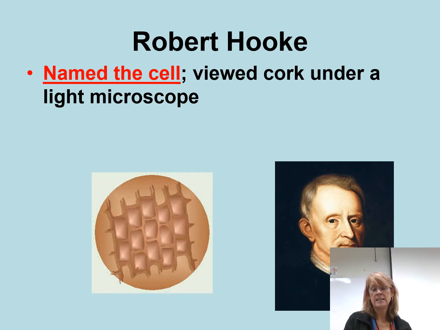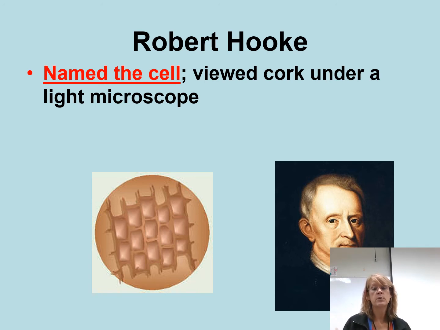Robert Hooke is the gentleman who is credited with naming cells. He was actually looking at different types of materials underneath a very primitive microscope, and he began to notice when he looked at cork, which people used to bottle wine with, that the cork had a very specific pattern to it. And when he looked underneath the microscope, he saw what looked like these little blocks. They look like the rooms of a monastery where he was doing some of his work. And the rooms of a monastery are called cells.